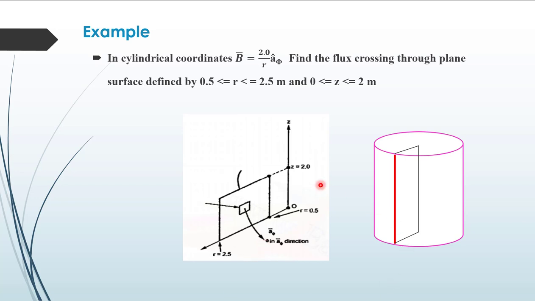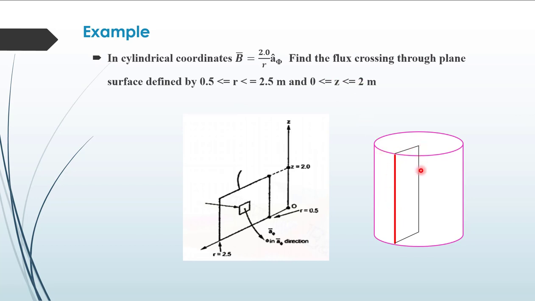So for this, how will the surface look? They have said that the system is cylindrical coordinate system, so it is a part of a cylinder. This surface, whatever they have given, is a part of a cylinder. They have given that r is changing between 0.5 and 2.5 and z is changing between 0 and 2. This means it is a φ equal to constant surface. Why? Because in cylindrical coordinate system, one parameter is r, second is z, and third is φ. φ is not given here, φ is not changing, and so it is a φ equal to constant surface.